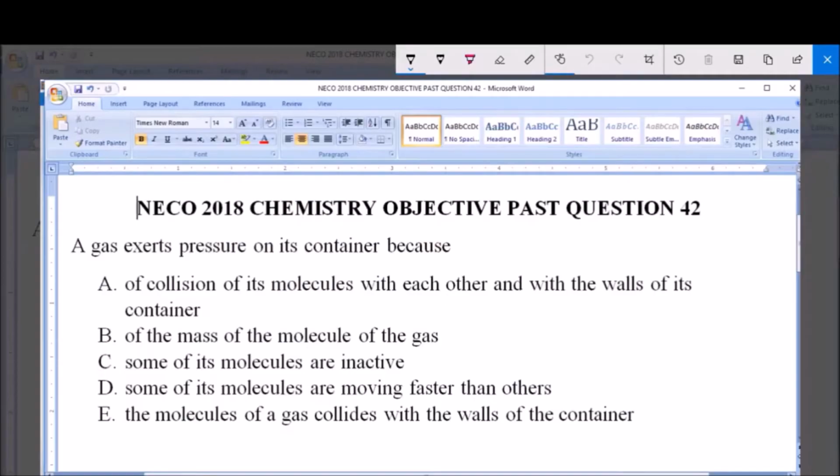Hello, good day and welcome. I will be answering Neco 2018 Chemistry Objective Past Question 42. A gas exerts pressure on its container because A. of collision of its molecules with each other and with the walls of its container,